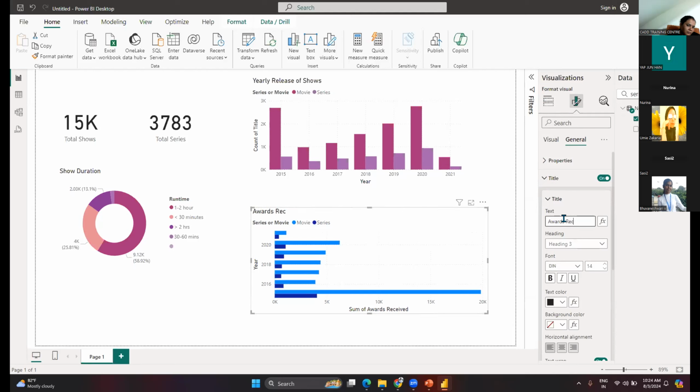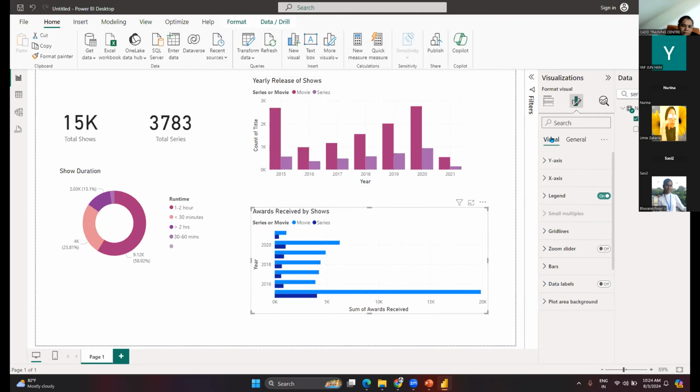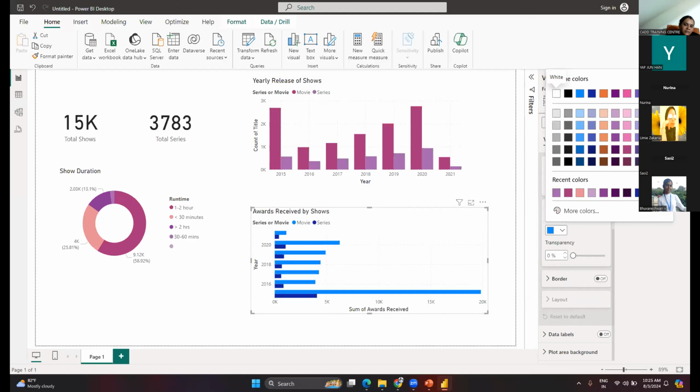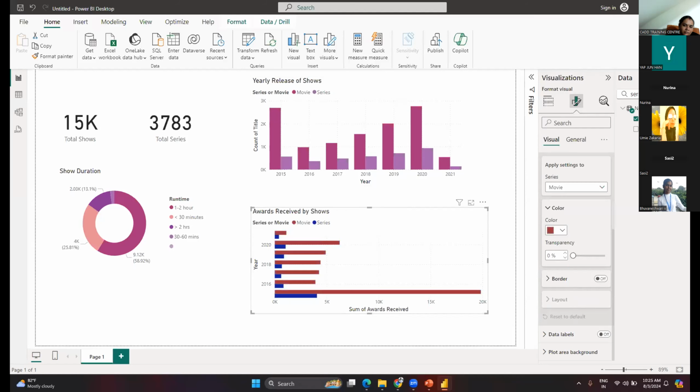Awards received by shows. I'm just keeping whatever title I want, and I'm going to change the color of the bars. So go to visuals, click bars. For the series, I'm choosing the series movies here. For the movies, I'm going to keep, let's, okay. And for the series,